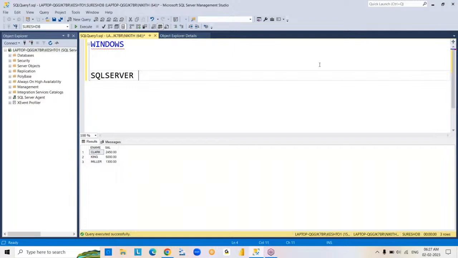Credentials means what? Username and password. Right. Coming to SQL Server authentication, it can be used for local connections